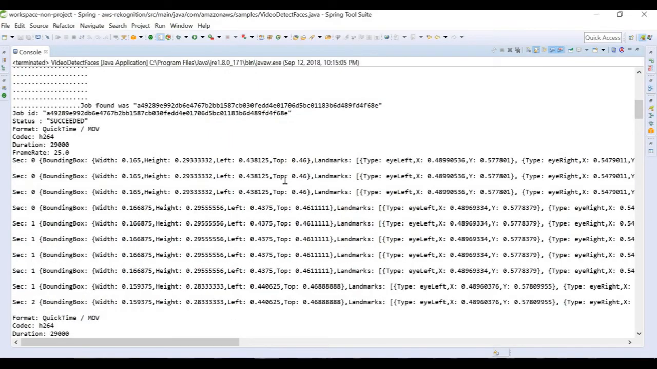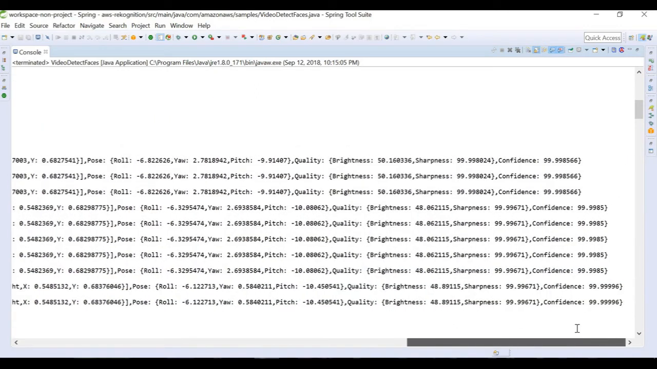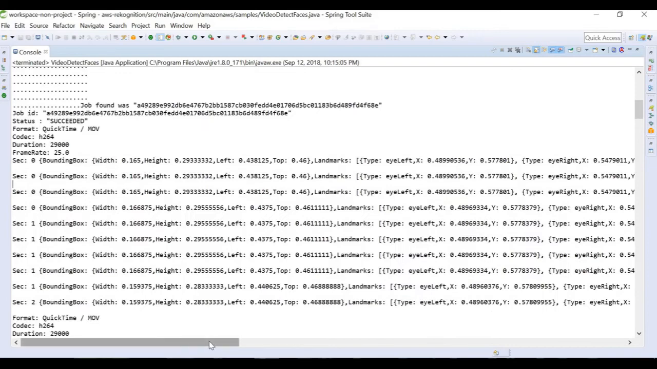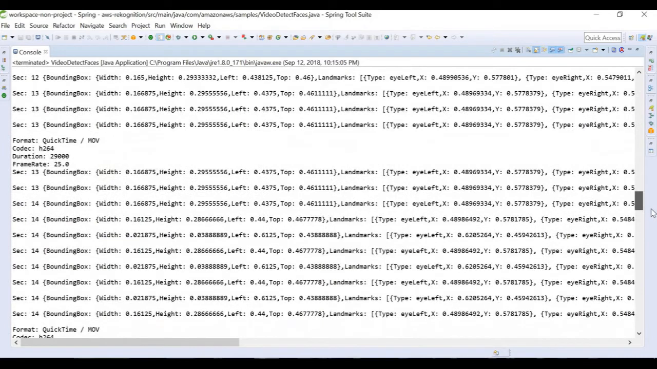So this is the output of the video. We can see here again that the frames are broken into second by second. For each second, it is able to find that there was a face, and for the face, what the width and height and the landmark were, and what the confidence percentage is. So it's like 99.99, and as we move through seconds 0 to 6, 7, 8, 9,